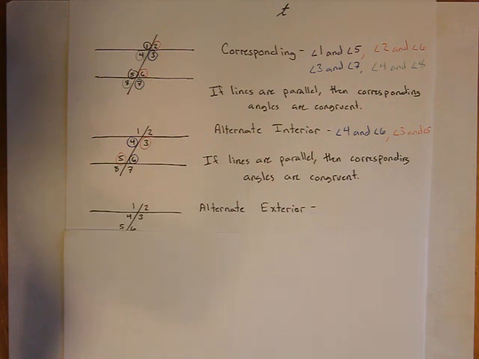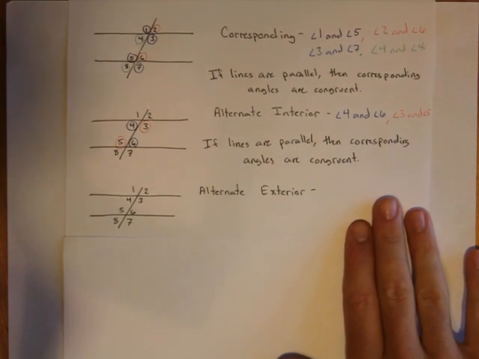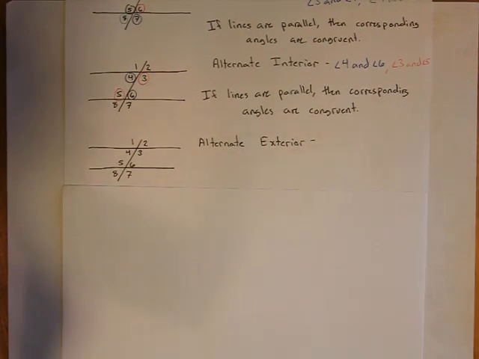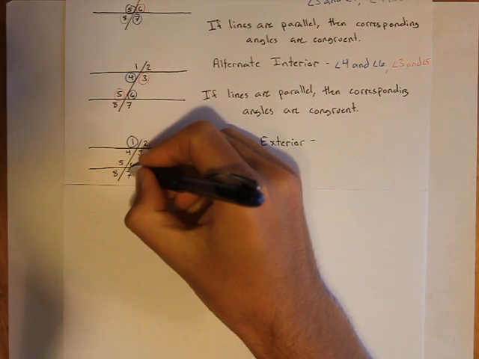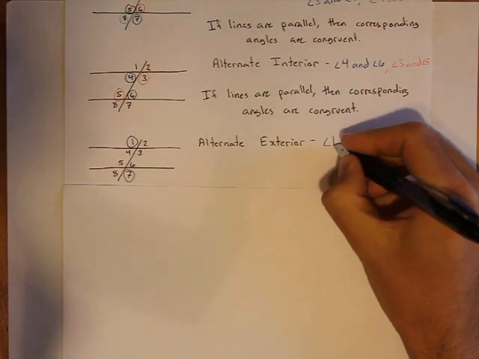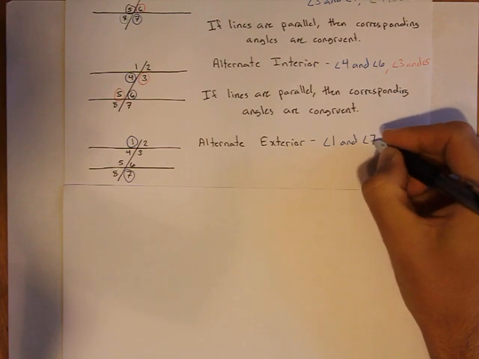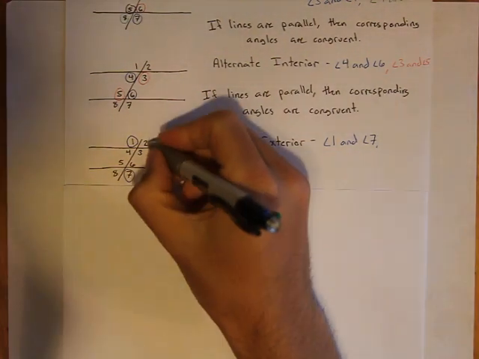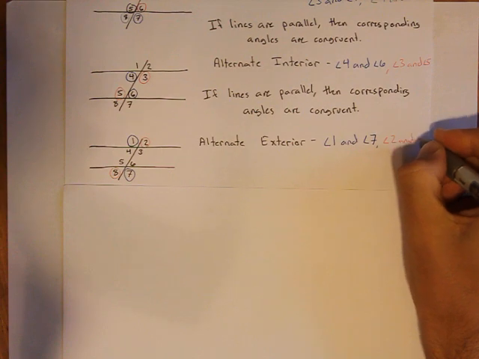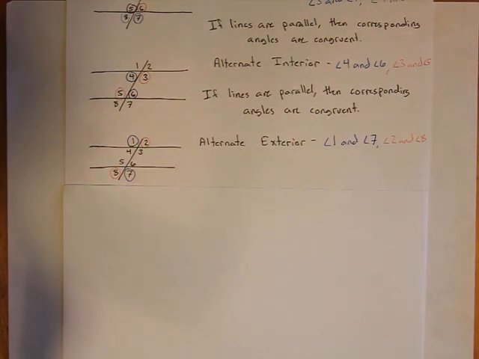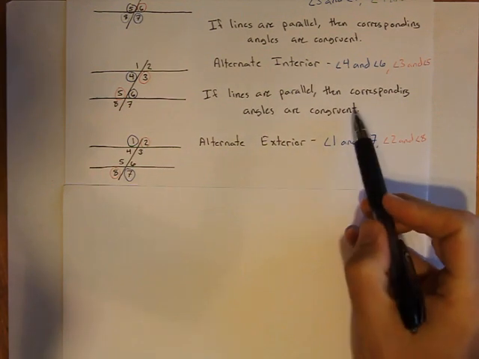Moving right along, I can go on to my next one. Now I have alternate exterior angles, which you can probably start to make a guess as to what you think is going to happen. I'm still on opposite sides of the transversal, but now I'm looking outside my parallel lines. I am exterior to my parallel lines. So I've got angle 1 and angle 7. That would be one pair. And my other pair is going to be angle 2 and angle 8. Again, they are outside my parallel lines, exterior, and they are on alternate sides of my transversal. Right? And as you might have guessed,